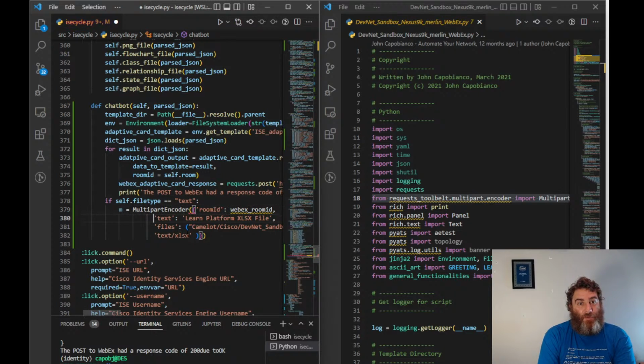M equals, and then room ID is our self.room. The text is going to be ICE self.api text file, and our files are going to be